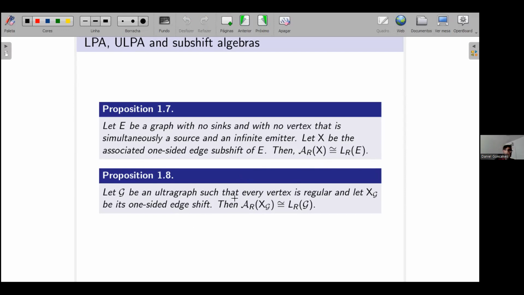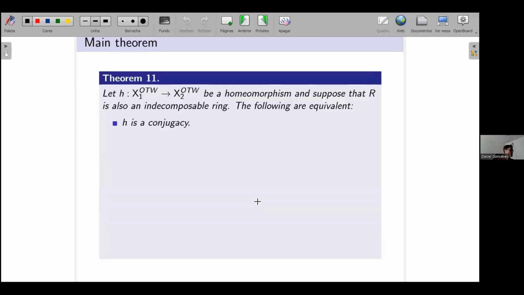And then we also show that for ultragraphs for which every vertex is regular, the subshift algebra and the Leavitt path algebra of the ultragraph coincide. So this contains all the algebraic X-Olaca algebras. In this proposition, our main theorem was that we could describe conjugacy of the Ott-Tomforde-Willis subshifts